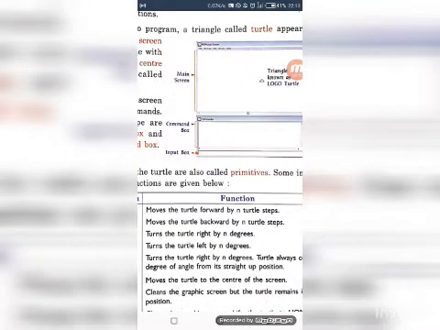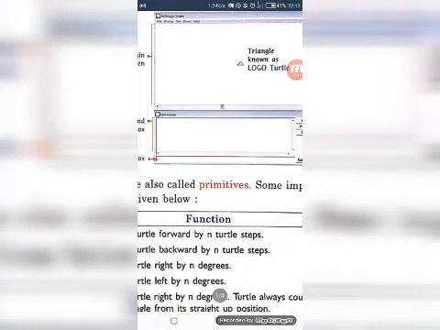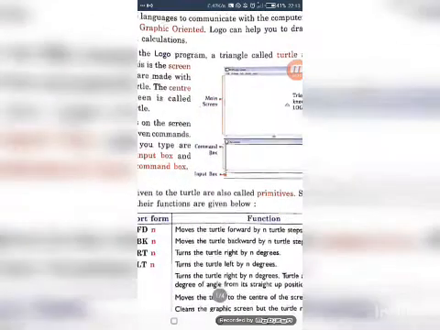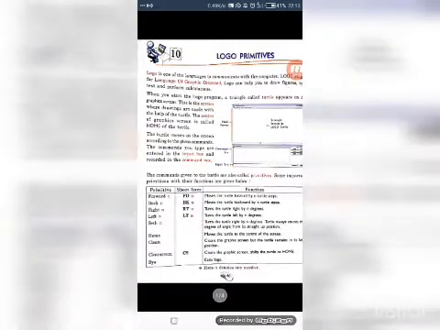Now we have input box. After that we can see that command in command box. This is the screen. Here drawings are made by the turtle.